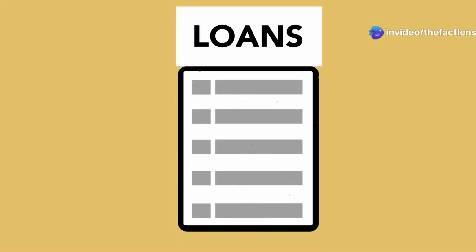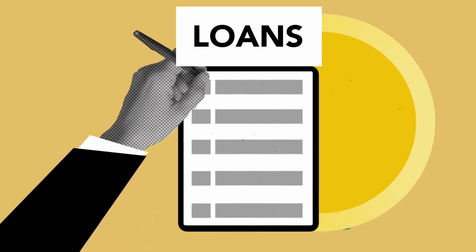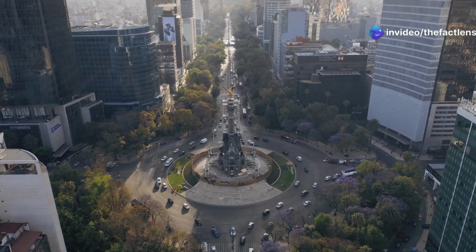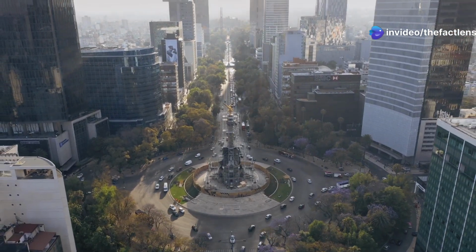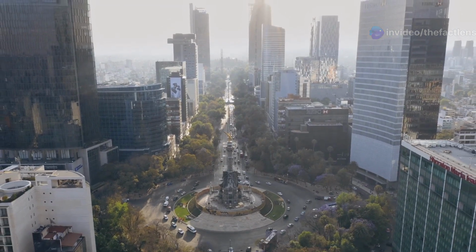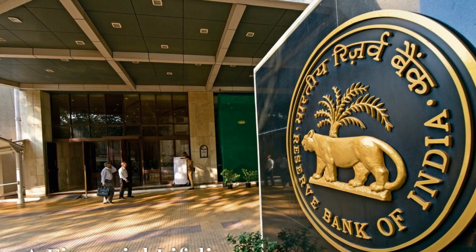When the RBI changes the repo rate, it directly influences the interest rates that banks charge their customers for loans. This can affect everything from home loans to business loans. This in turn impacts borrowing, spending, and overall economic activity in the country. A higher repo rate can slow down borrowing, while a lower rate can encourage it.